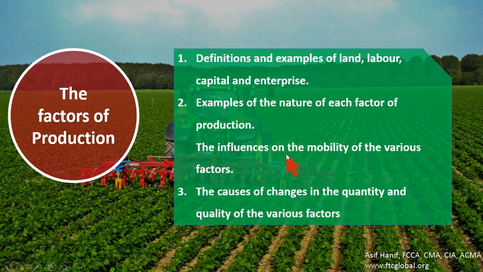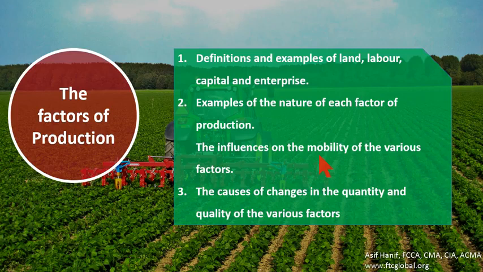So these are the topics in your subunit, in fact, they are learning outcome statements that you need to be quite well versed in, so that you can answer any question asked from this area. Define land, labor, capital. You need to give examples of these 4 factors of production, and you need to describe some influences that determine the mobility of land, labor, capital and enterprise, how we can use these factors of production